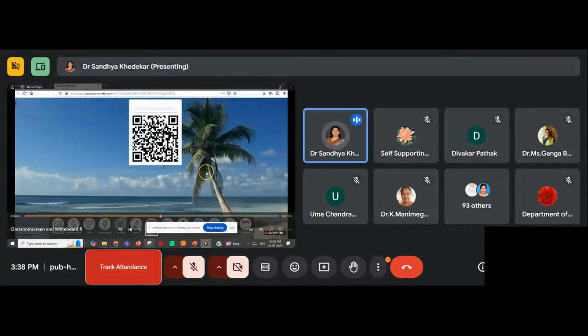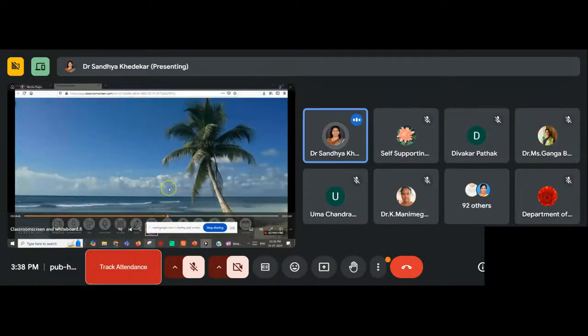And this QR code is there. If you want your students to join the class, you can ask them to open their mobile, scan this QR code and join the class. So they will be easily able to join your class with the help of this QR code. So these beautiful features are there, they are really available, my friends, and they can be used effectively for teaching and learning purposes.